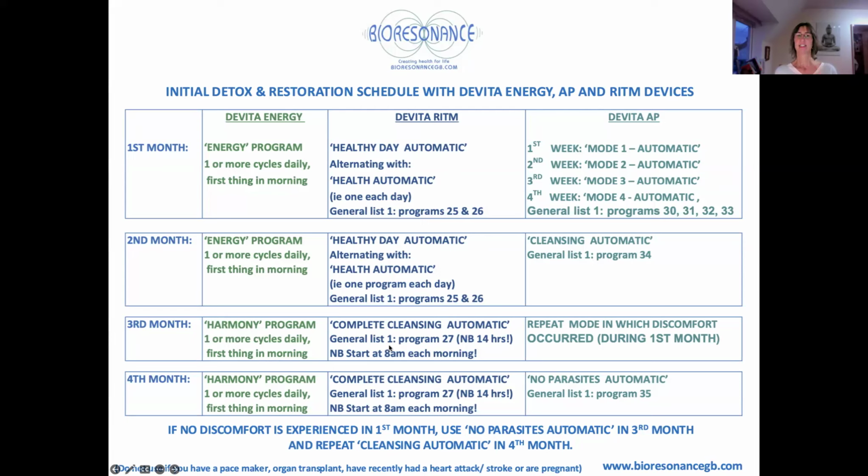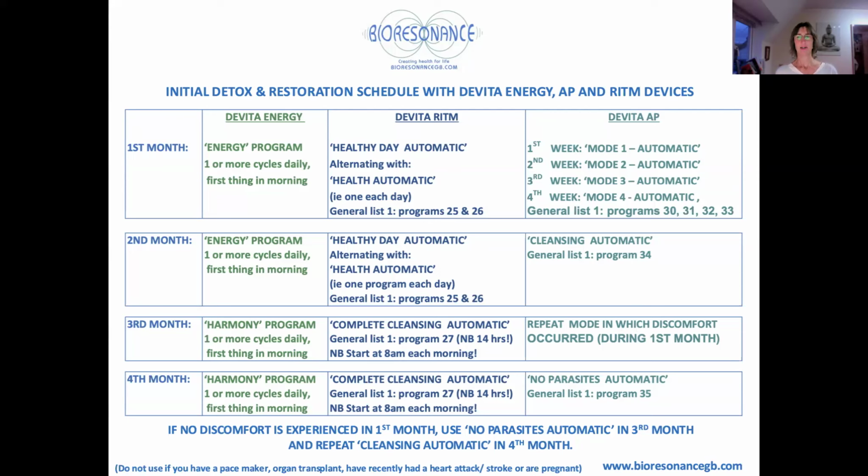You have a different cleansing program on the RITM device. And on the detox device, you will repeat one of these. Sometimes when people are playing a detox program for a week to detox a bacteria or a virus, they might have some symptoms and might just feel a bit irritable. It doesn't often happen, but if they do, that's a sign that you've got some of that microorganism load. So you would play that program during the third month, but not everybody does notice any irritation, in which case